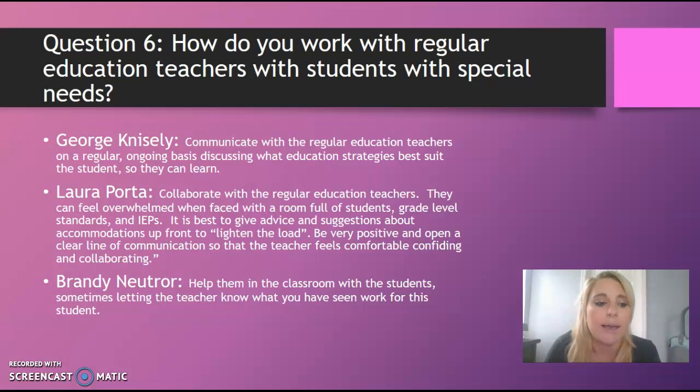Brandy, she mentioned that she has worked with students year to year since she goes from 4th up to 7th grade. So a student that she has in 4th grade, she might have again in 5th, 6th, and 7th grade. So basically letting the teachers know what has worked in the past for that student can make all the difference in that student's success in a new year and a new class.